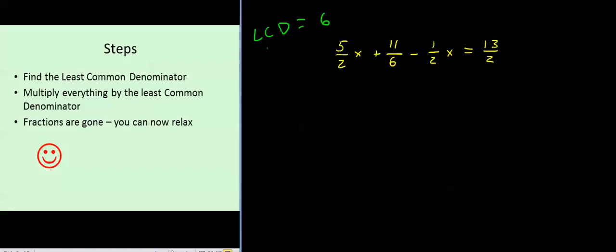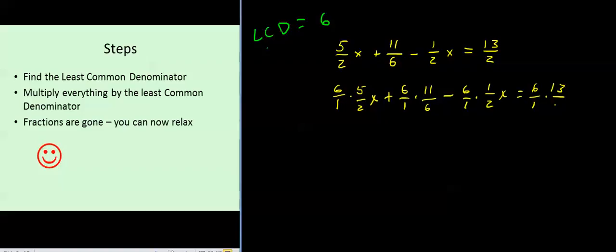So now I'm going to rewrite the problem, and I'm only going to use one color. 6 times 5/2 x plus 6 times 11/6 minus 6 times 1/2 x equals 6 times 13/2. I multiplied everything